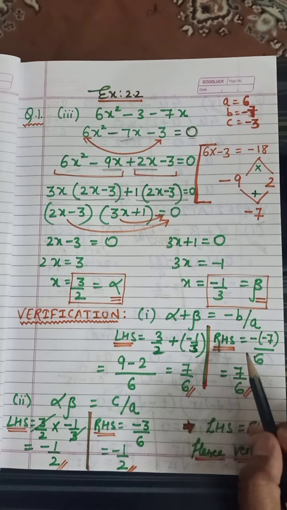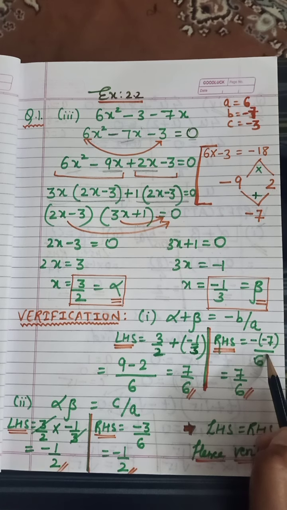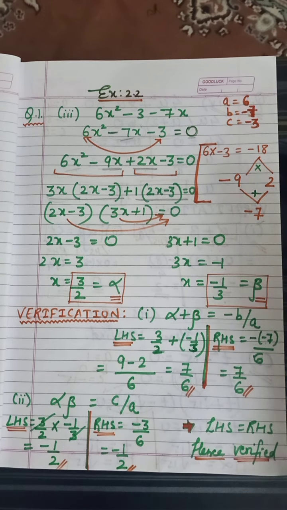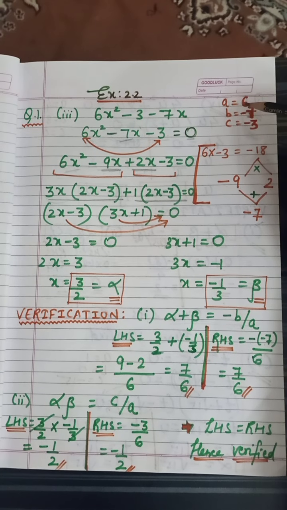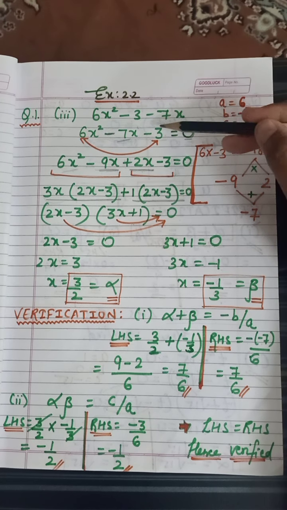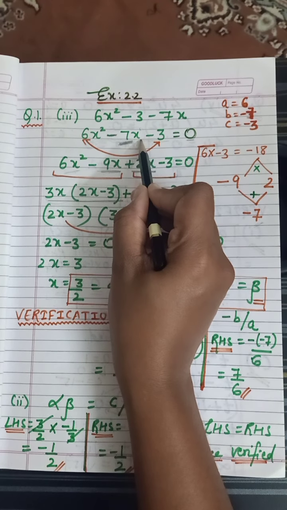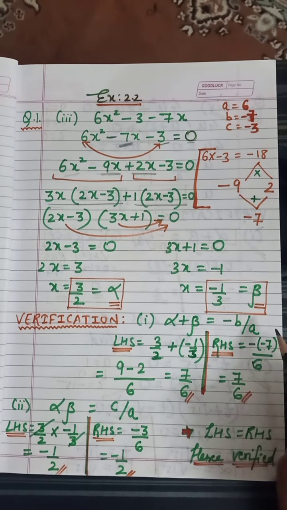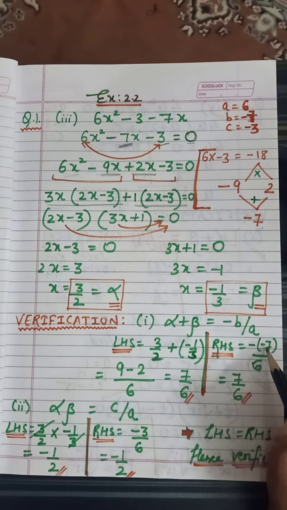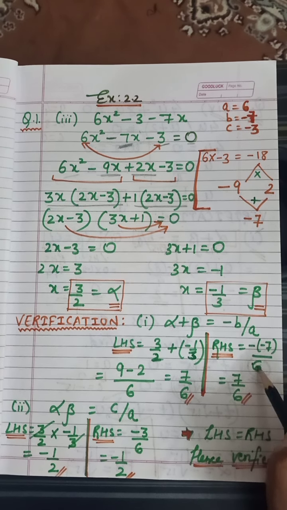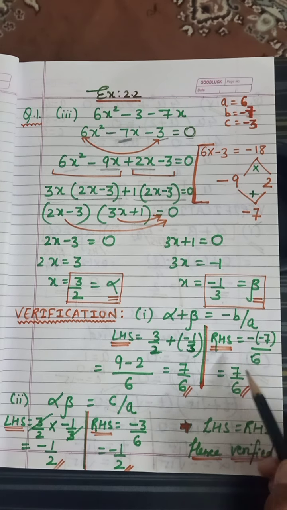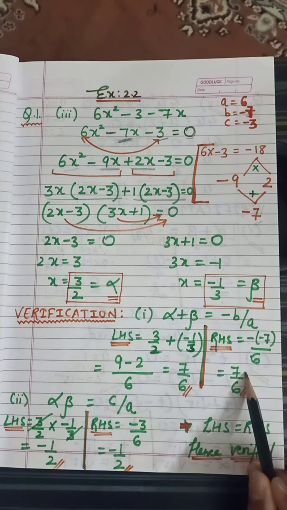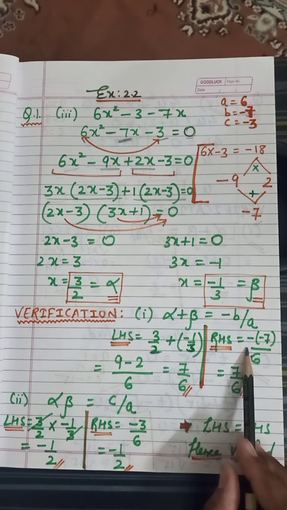But now let us check for the right hand side. So it is minus b by a. So the minus sign as it is because it is minus. Now let us check what is b. Here a is the coefficient of x squared, that is 6. b is minus 7, the coefficient of x, and c is the constant term, minus 3. So minus b, and b is minus 7, upon a is 6. So minus into minus is plus, 7 upon 6. Yes, we got left hand side 7 by 6 and right hand side 7 by 6. So we have verified this relationship.